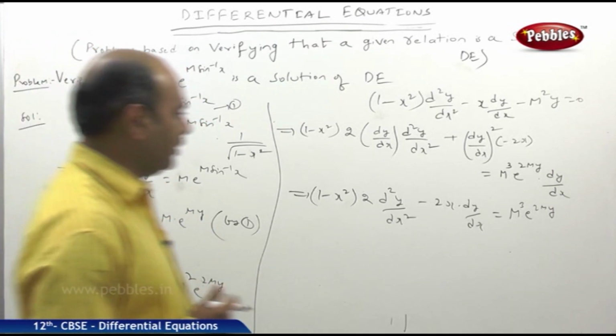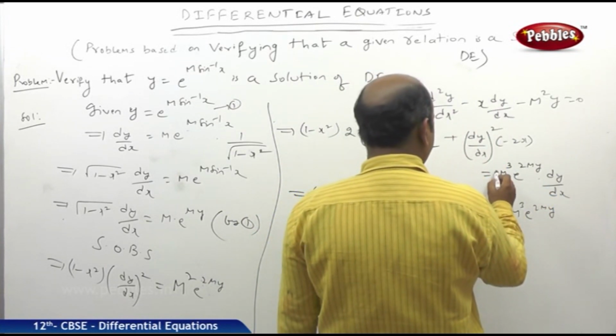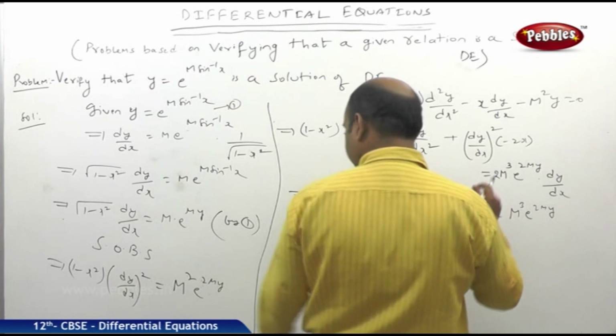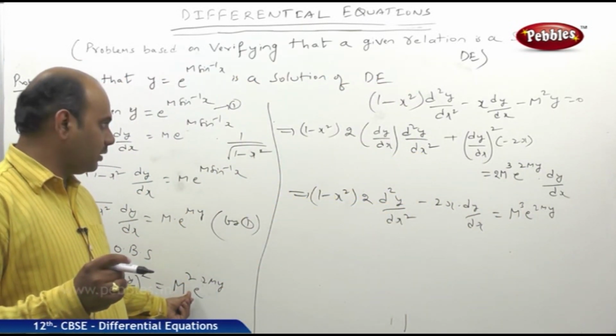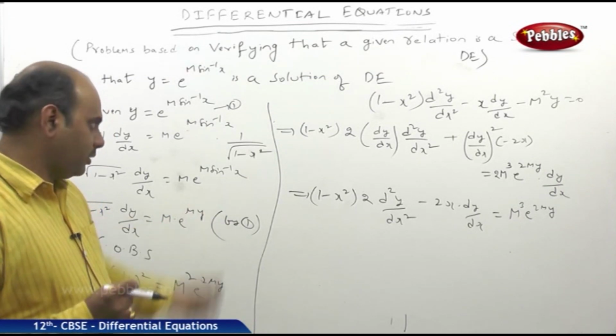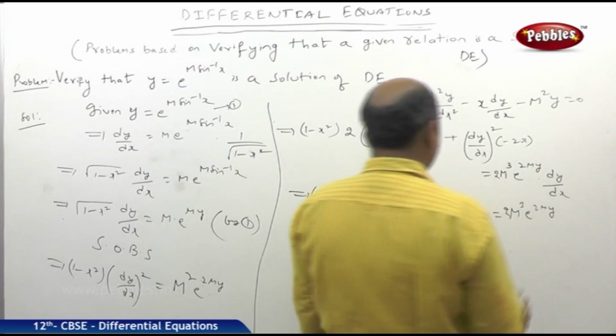If you could observe carefully, e power 2my, again here I missed one 2, so here I need to write 2, because e power 2my means 2m will be coming outside. So it becomes 2m cube into e power 2my. So here 2 will be there. So finally